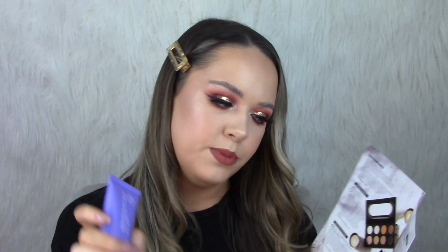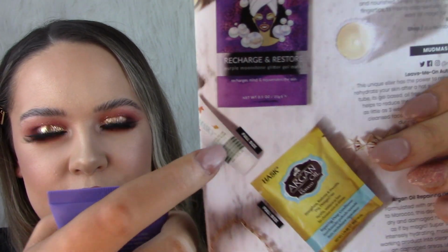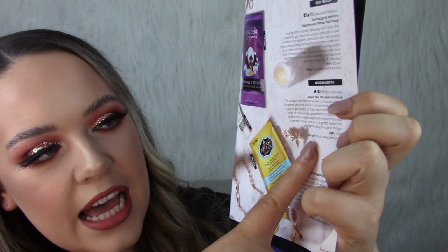I don't know if they maybe run out. This isn't in my booklet. It looks like I was meant to receive something called the Leave Me On Autumn Mask by a brand called Mud Masky, but for whatever reason I've received this. Maybe this is from an old box. I don't believe this is what I should have got. I'm trying not to ruin what's in the box, but I should have received this and it would have been